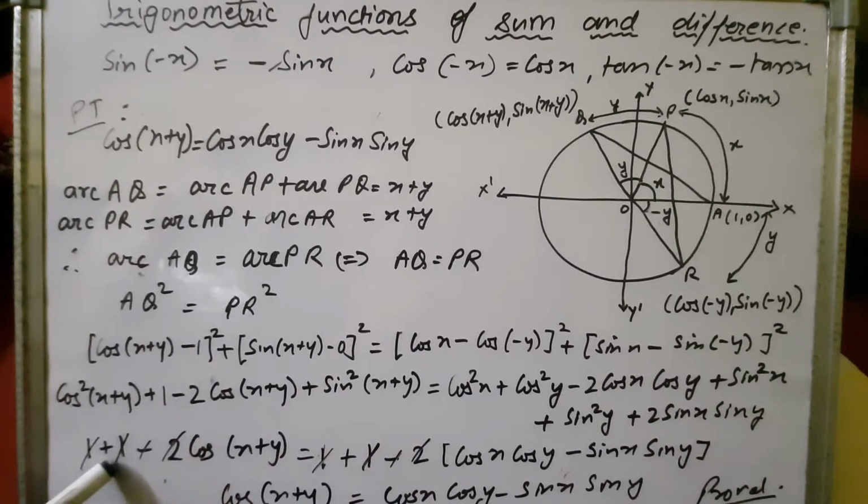And this one will be written here. So you can see 2 1s here and 2 1s here. Both will get cancelled. They will cancel each other. This minus sign will get cancelled. Then this 2 will get cancelled. So what will be the answer? In left hand side we'll get cos x plus y, and in right hand side we'll get cos x cos y minus sin x sin y. Right, children? Understood, all of you? Note down, please.